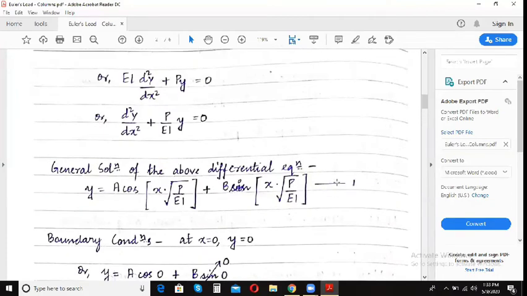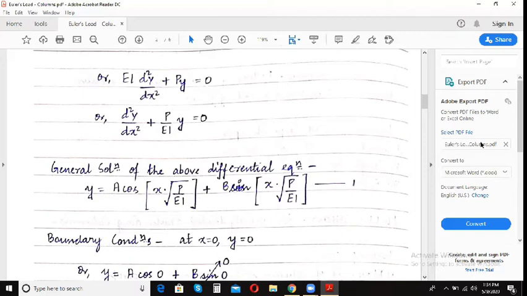Now we were supposed to calculate the Euler's load or the buckling load, and the load here is indicated by the term P. In order to find the term P, we have to eliminate the coefficients, the values of x and y and a and b, so that this solution becomes simpler and it is easier for us to derive the formula for P, which is the buckling load. In order to do that, we have to identify some boundary conditions.